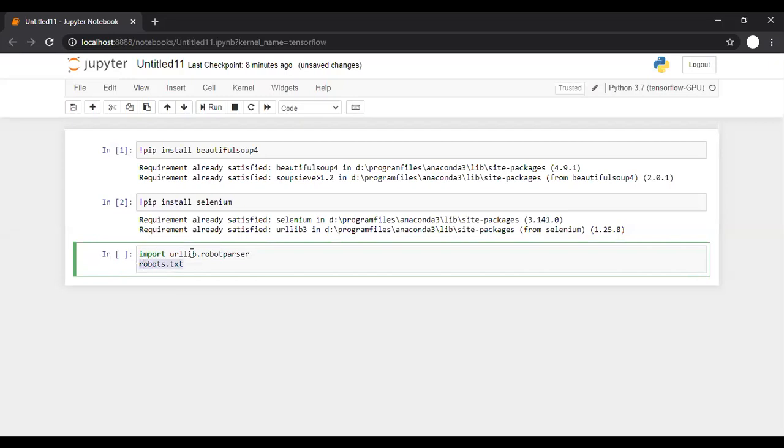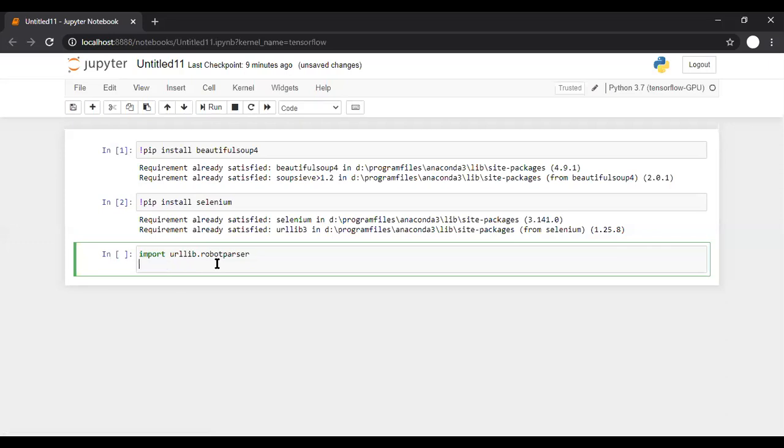If any website doesn't want some pages to be crawled by a search engine or anyone else, then they must mention that in the robots.txt file. If the robots.txt file is not present, or it is not mentioned in that file, then one can crawl those sites. Crawling the pages and downloading the pages are two different things. If a search engine should not go to particular pages or areas of a website, it is mentioned in this robots.txt file.